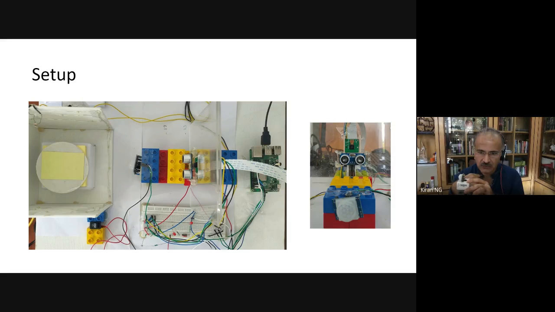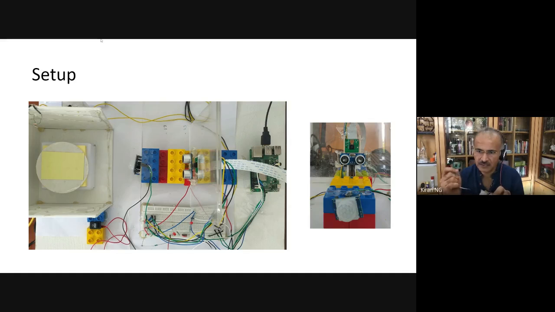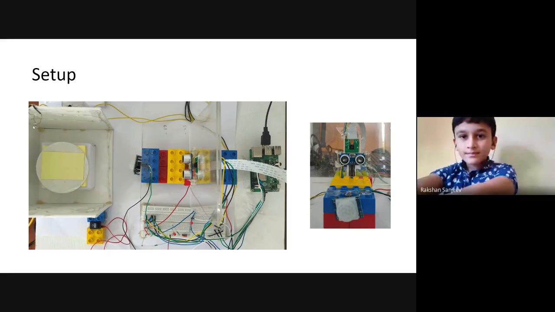Okay, so the PIR sensor will help you to find out if there is any motion. Then the ultrasonic distance measuring sensor will tell you how far the distance is. Then the camera will click the picture. And he has one more sensor called the LDR sensor, light dependent resistor. It is in the corner. That will show how much light is there. Interesting, right?